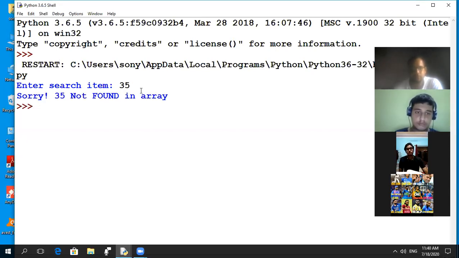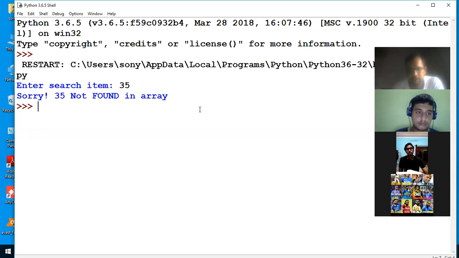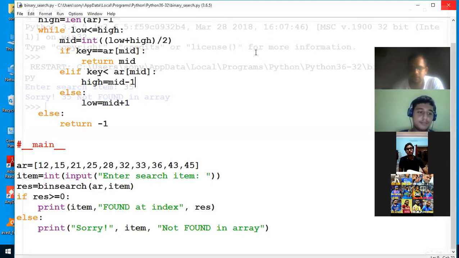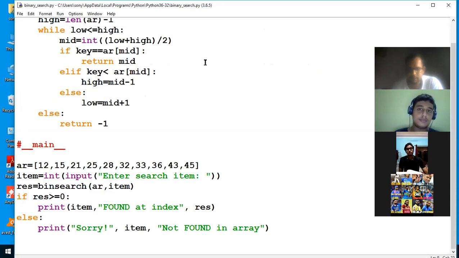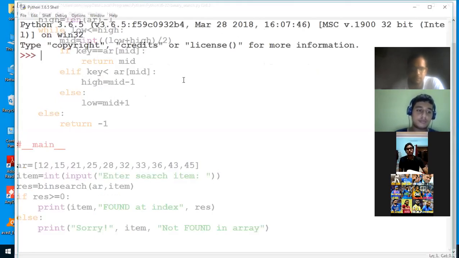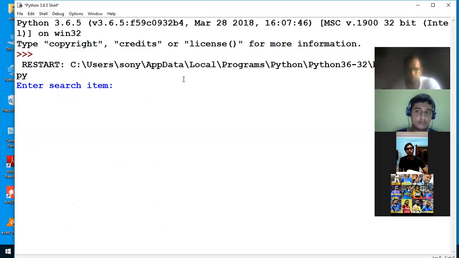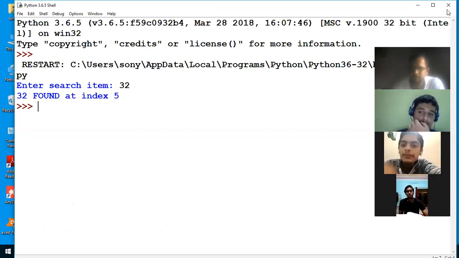Sorry, 35 not found in the array. Is it visible? Yes, sir. Then again you have to run and type here 32. Is it clear? Yes, sir.